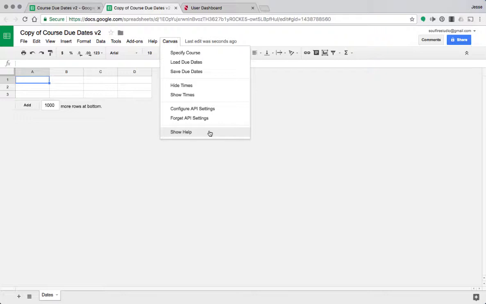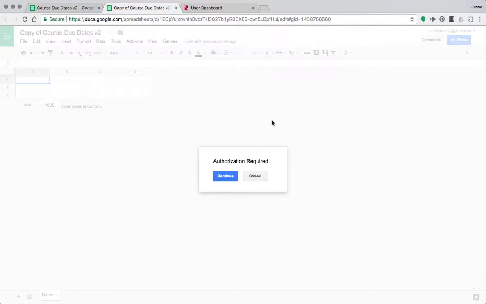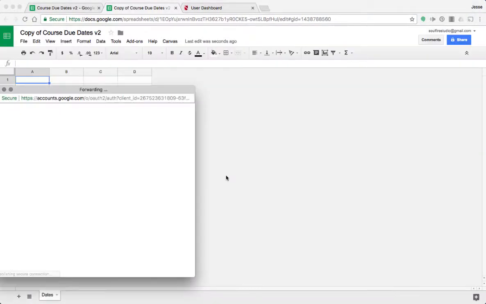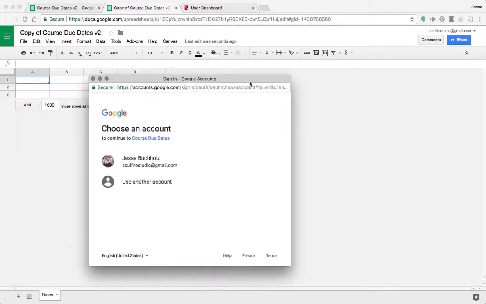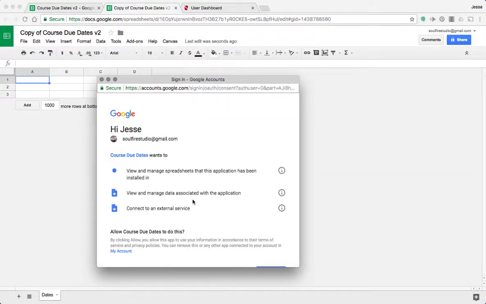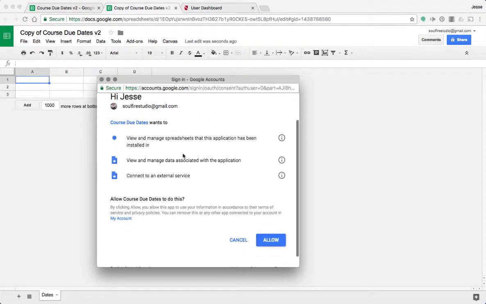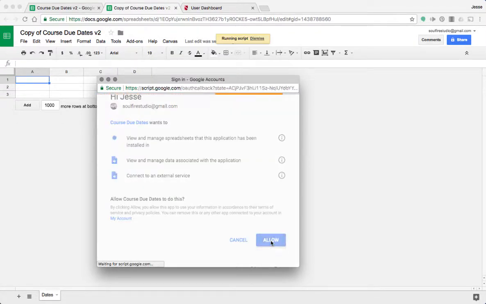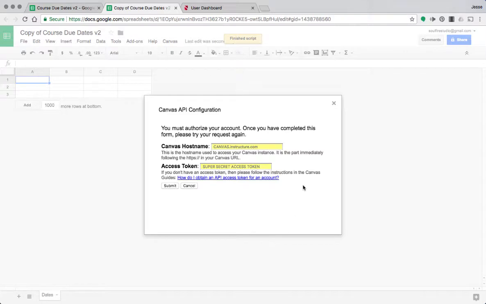So from here, what you want to do is click on Configure API Settings under the Canvas menu. It's going to ask you to authorize, which you click Continue. Then it has you authenticate who you are. It gives you some information about what it's going to do and what you need to authorize. You click Allow. This authorizes the information, and you get this dialog box. Your host name is what we'll put in a minute, and then you're going to create this access